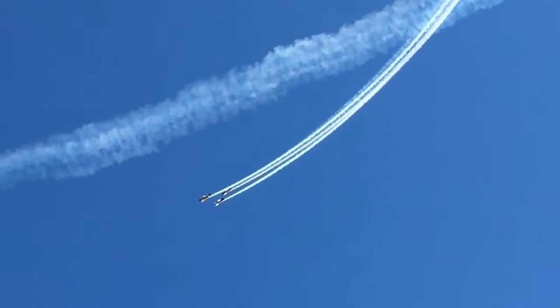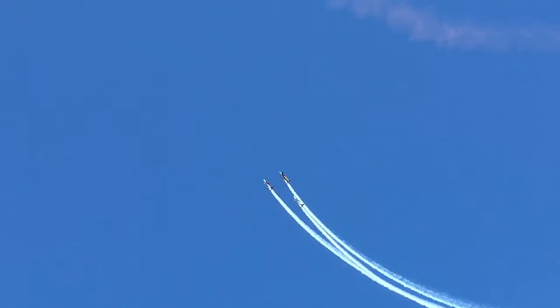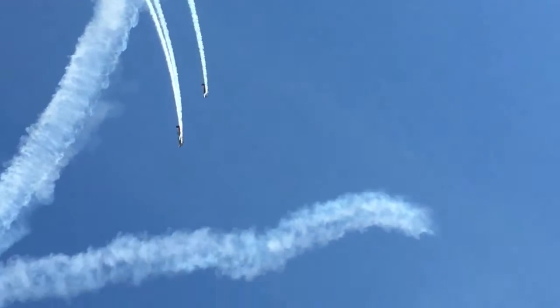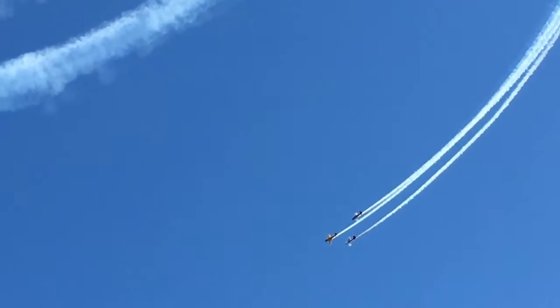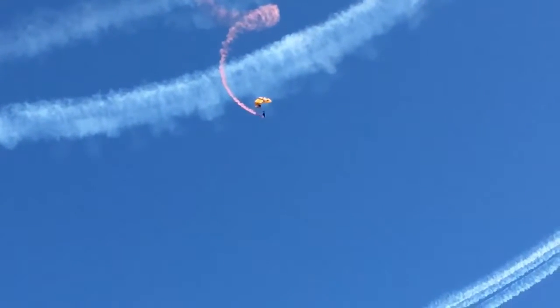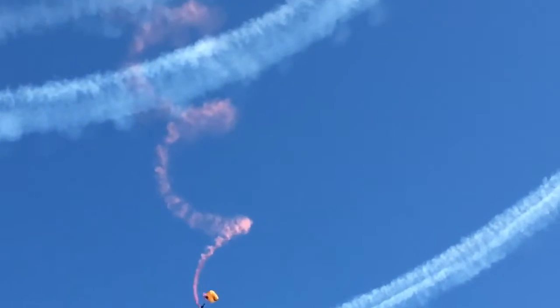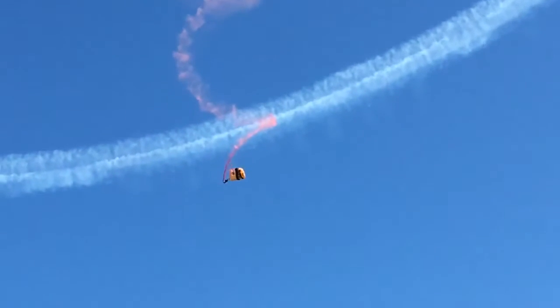Oh, say, can you see by the dawn's early light what so proudly we hailed at the twilight's last gleam? Whose broad stripes and bright stars through the perilous fight o'er the ramparts we watched were so gallantly streaming, and the rocket's red glare, the bombs bursting in air, gave proof through the night that our flag was still there. Oh, say does that star-spangled banner yet wave o'er the land of the free and the home of the